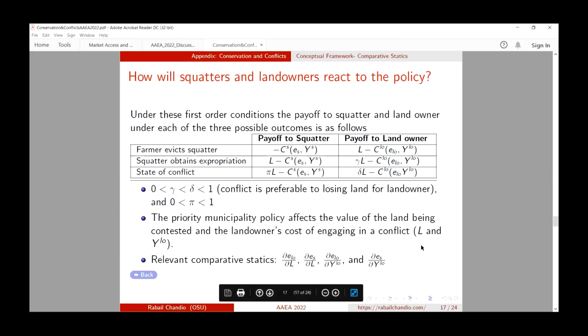The two things that are changing when the policy is being implemented are 1, the value of the land, and 2, the landowner's cost of engaging in a conflict. The policy we're considering is an anti-deforestation policy. It restricts the use of land that landowners were previously putting to mostly agricultural activities. And when you restrict that, the value that they derive from that land is being impacted. The second thing that's being impacted is the landowner's cost of engaging in a conflict, because,